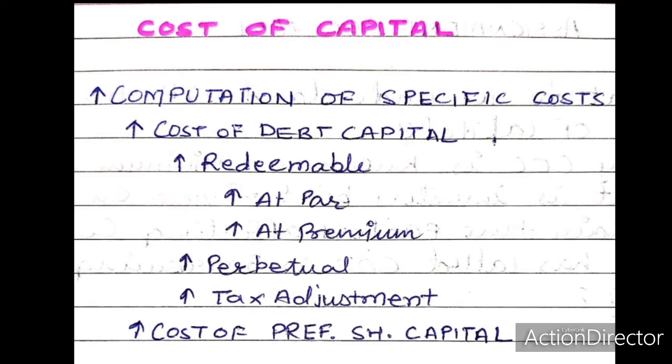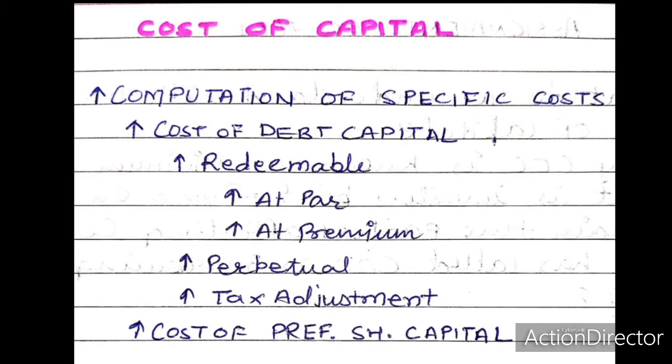Tax adjustment. The cost of debt capital is the after-tax cost of raising debt capital in the market today. The above cost of debt capital is the before-tax cost, but the interest payable on the debt capital is an admissible deduction in computing the taxable income of the firm and increases the profitability of the company by reducing the tax liability. This is called tax shield. The tax shield is viewed as a benefit